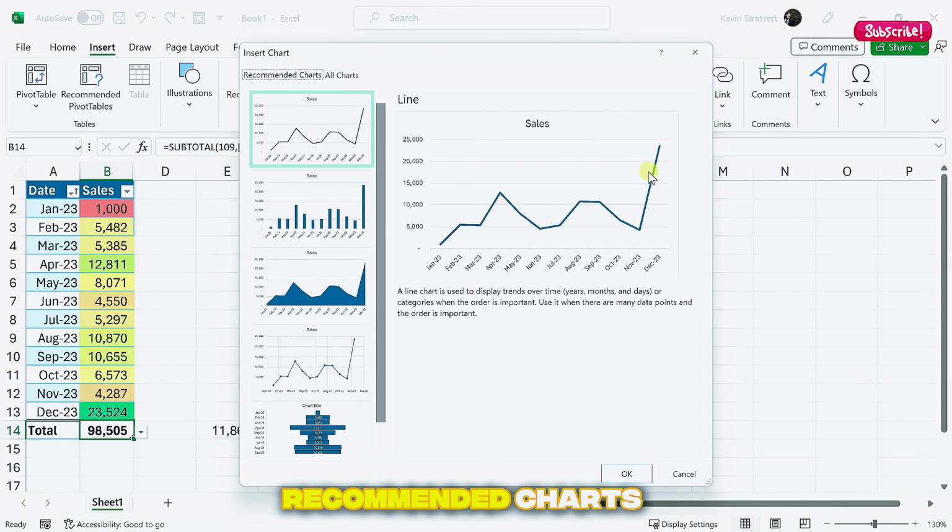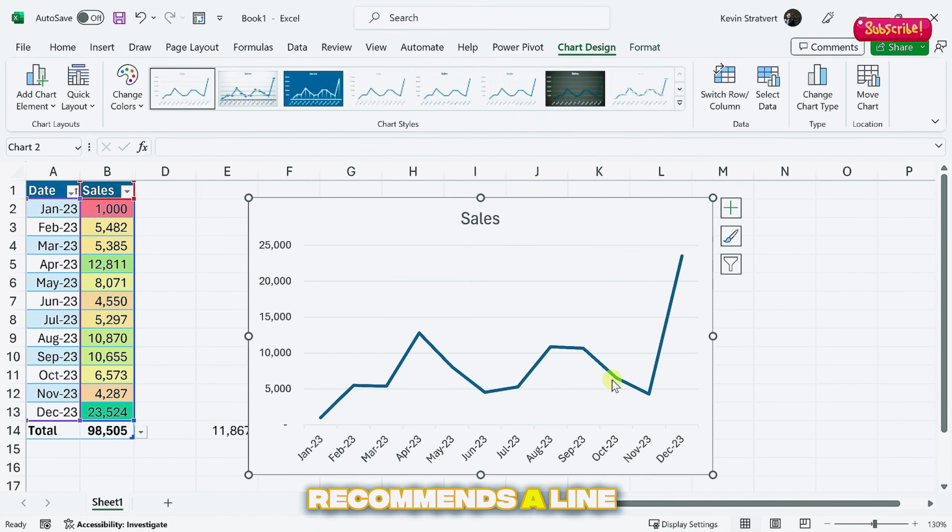I'll click on Recommended Charts, and here it recommends a line chart, which works well with this type of data. I'll click on OK, and this inserts a chart. Now, we can visually see what sales were like throughout the year, and that's a lot easier to parse than raw data. Up on top, we have all sorts of different tools that we can use to customize the way